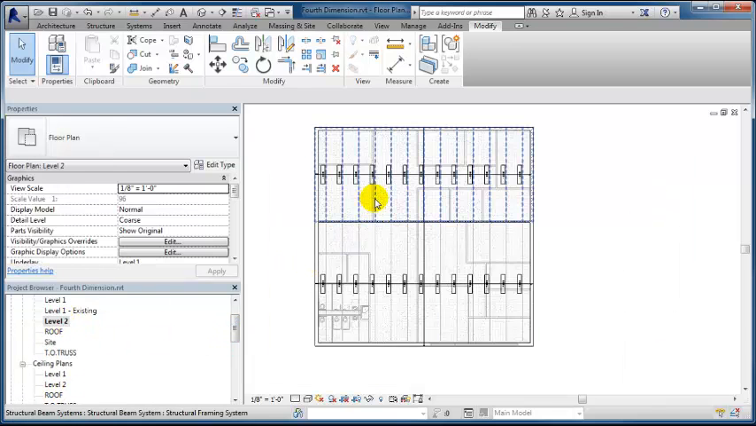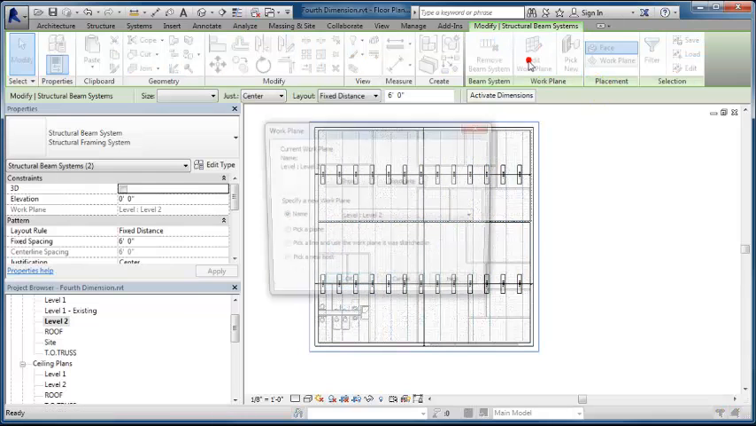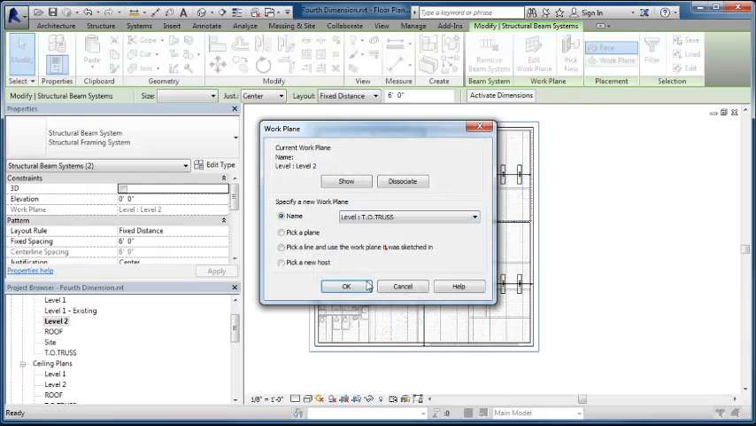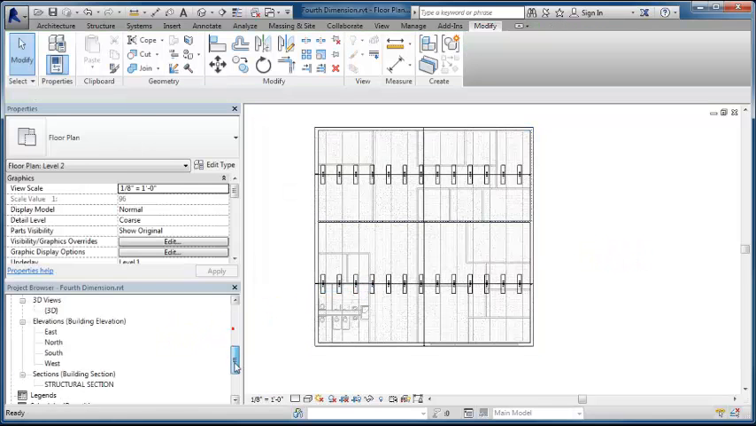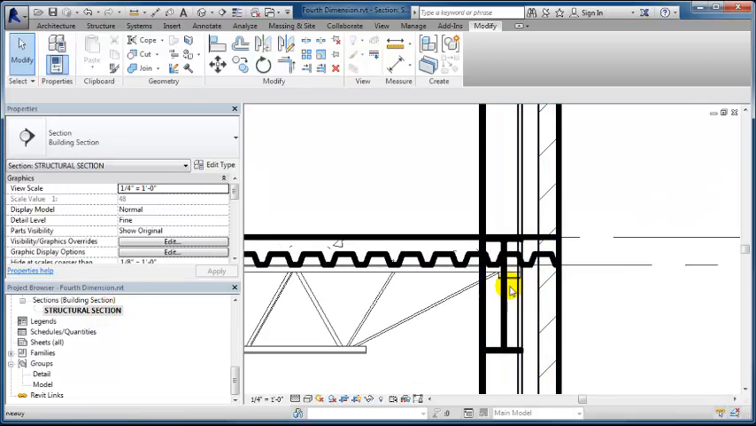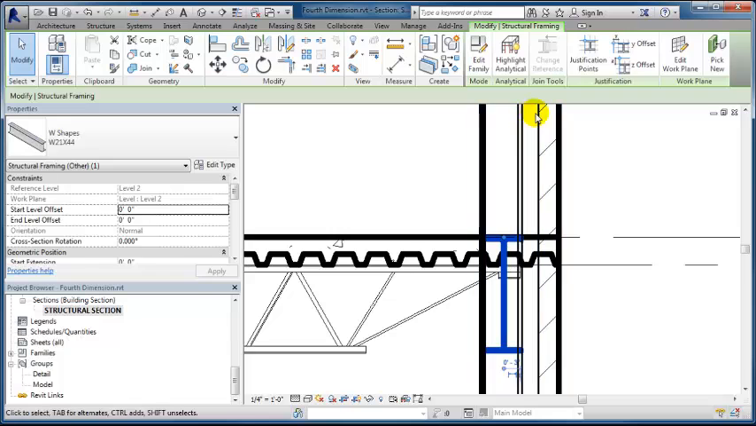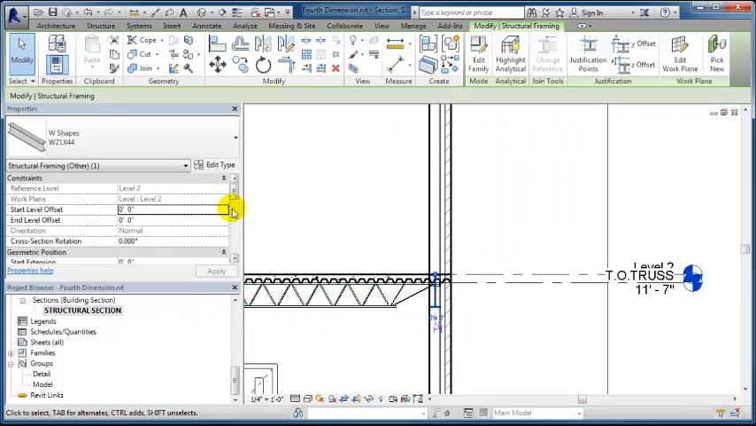So let's select both. See if I can pick both of them at the same time. Edit work plane, and I want to set both of them to top of truss. And that should do it. Let's just see if it worked. Perfect. Okay, so this should also have a new work plane set for it, or we should change the level that it's at. Work plane level,